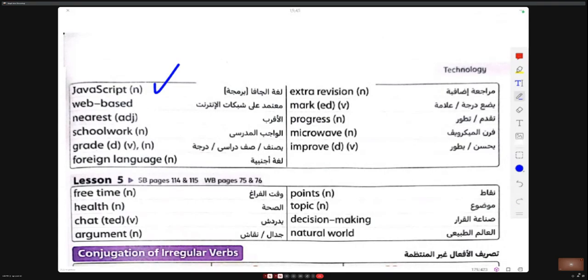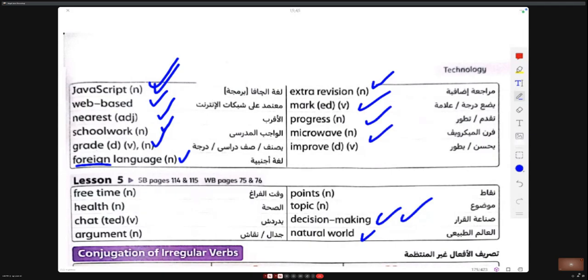Points. Topic. Dedication. Making. A natural word. Decision making. Natural word. JavaScript. Web based. Nearest. Schoolwork. Grade. Foreign language. Extra revision. Mark. Progress. Microwave. Improve.